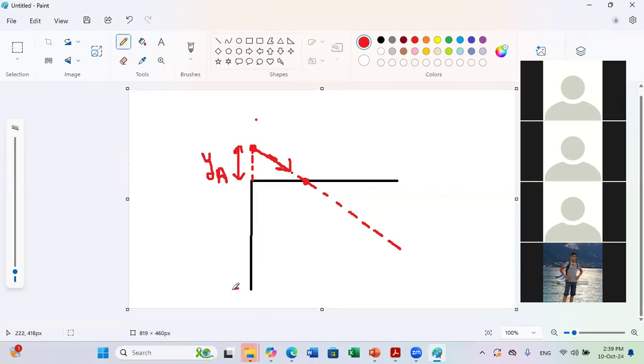Why? Because look, if you know YA, you know this distance. And since you know FRX and FRY, you can calculate this angle, this angle theta here. I will call it theta. How can we calculate theta? Theta is tan inverse of